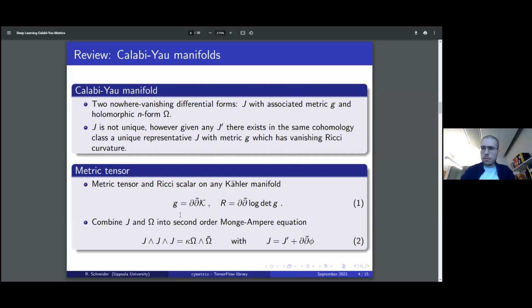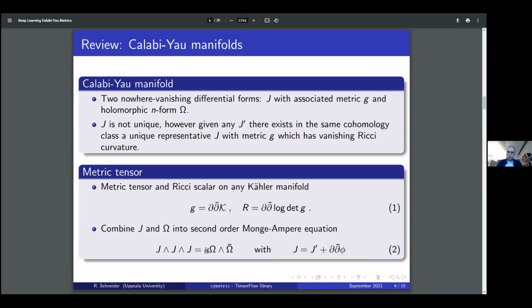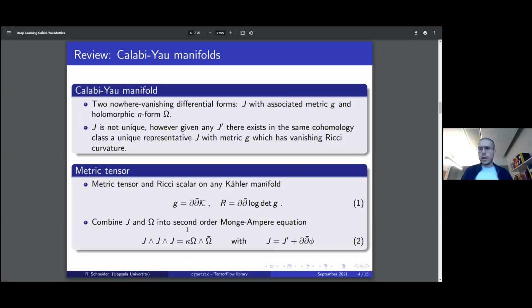Say we are studying a Calabi-Yau threefold, we know that H33 of this Calabi-Yau manifold is equal to 1. So if we construct the top form, either by wedging J 3 times or by wedging omega with omega bar, we get something unique up to some constant number. And this is very interesting because this allows us to efficiently approximate the Calabi-Yau metric without relying on computing these derivatives from the Kähler potential and then again computing the derivatives to find the Ricci scalar directly.